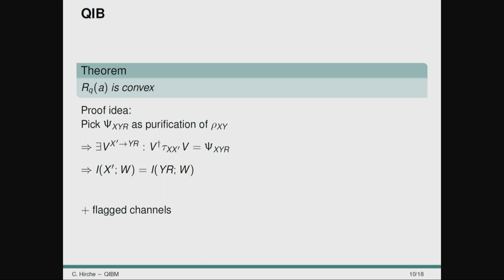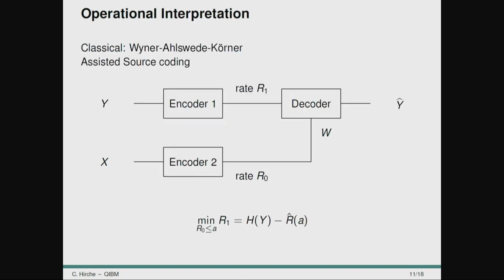Now, the second thing we looked at is the operational interpretation. And well, there's some arguments why you could maybe find a nicer one than the one provided in the previous work. And we tried to do that by, again, getting inspiration from the classical setting. So there's a way to relate the classical information bottleneck function with the problem of assisted source coding, which is a very natural operational task.